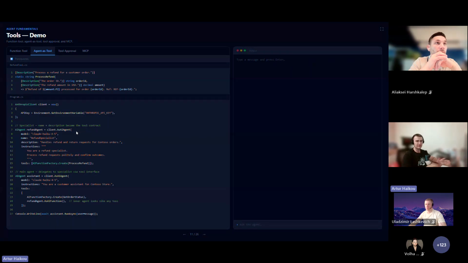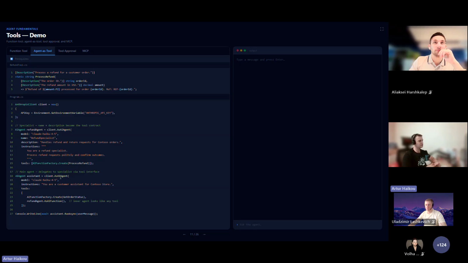One agent is responsible for one thing, but another agent is responsible for another. And here we have the refund agent, who is responsible for refunding our order. How can you do it? Again, we have a function that is responsible for refund. What next? We create an agent. We assign this function as an additional capability, and we have another agent who is responsible for orchestration, for providing statuses